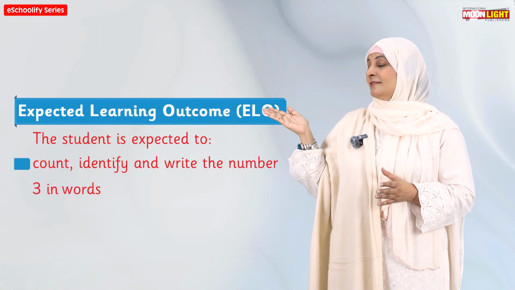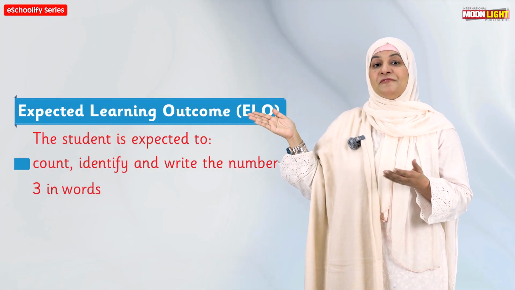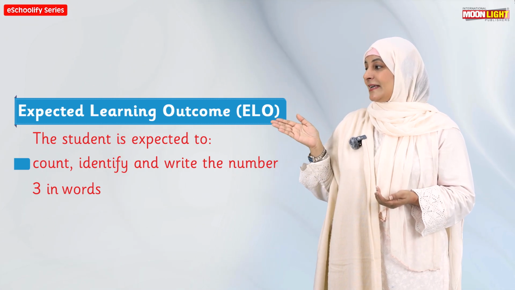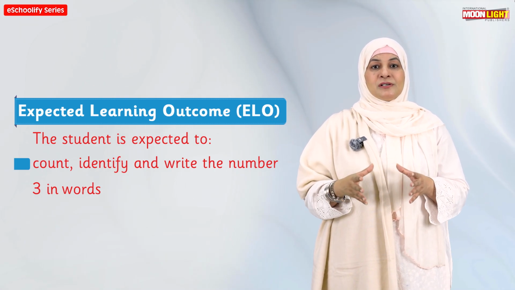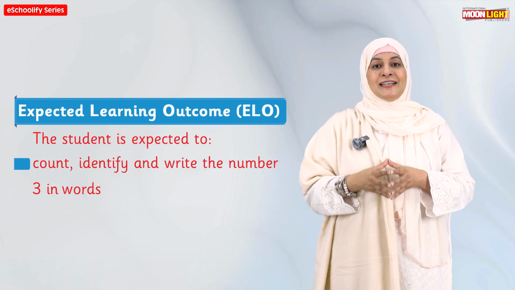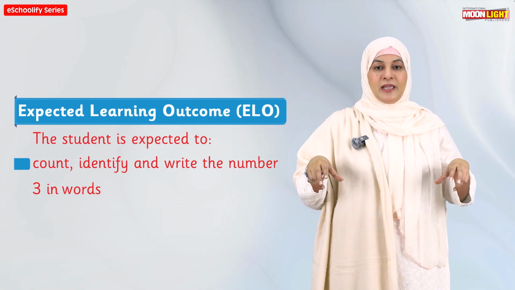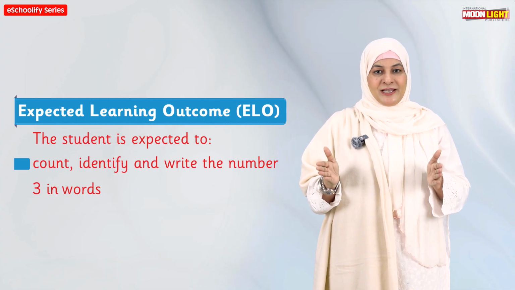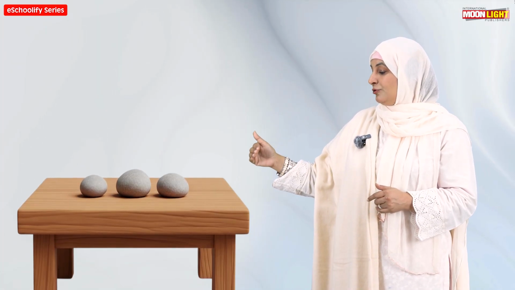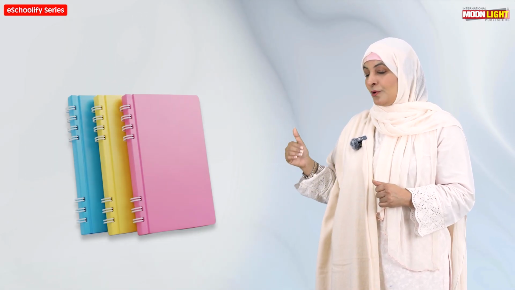Today's expected learning outcomes of number 3. The student is expected to count, identify, and write number 3 in words. First of all, you will display 3 objects on the table that would be different, okay? Not the same things. They will try to count it: 1, 2, 3, like 3 stones, 3 books, 3 notebooks,